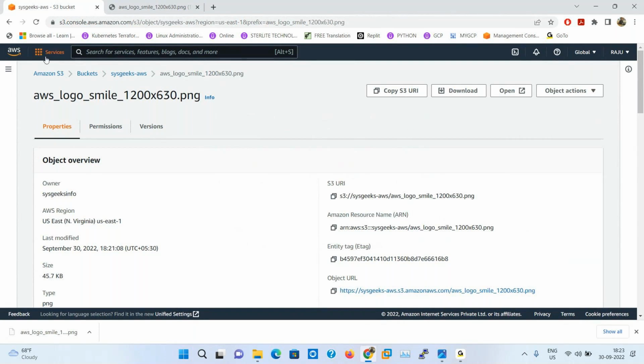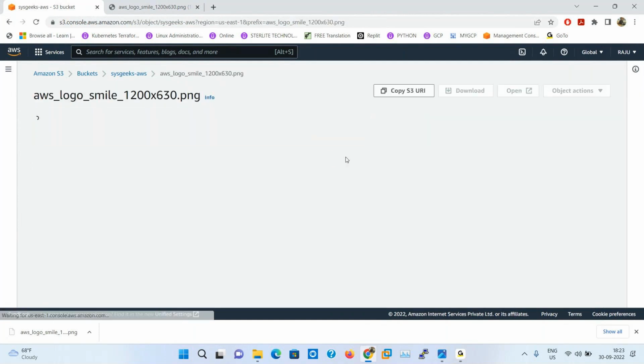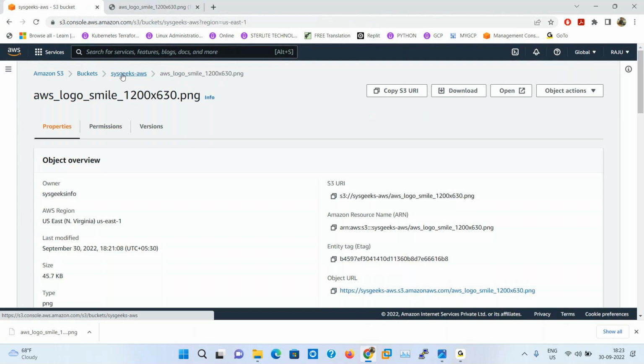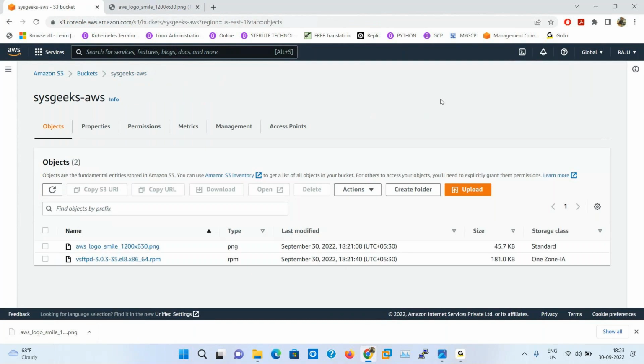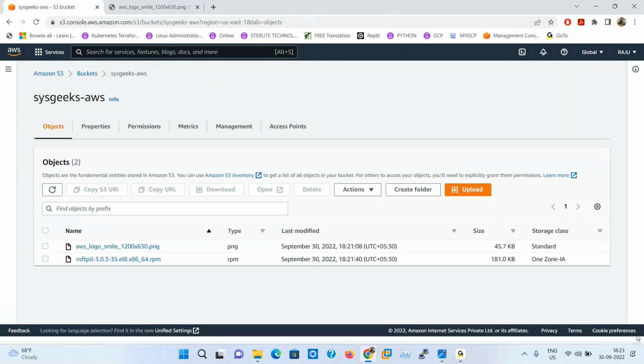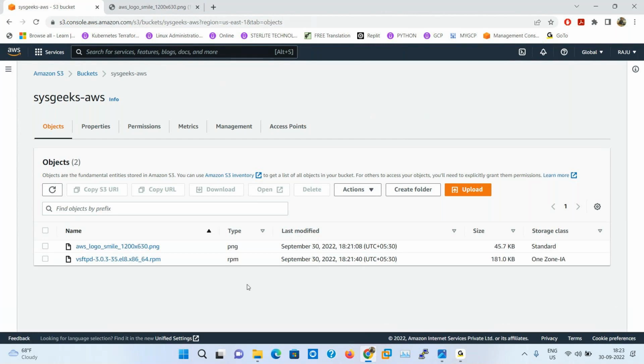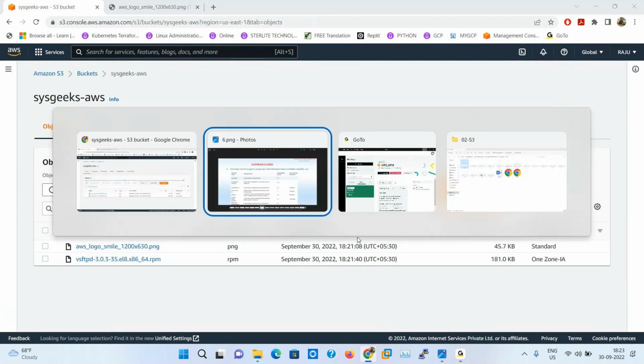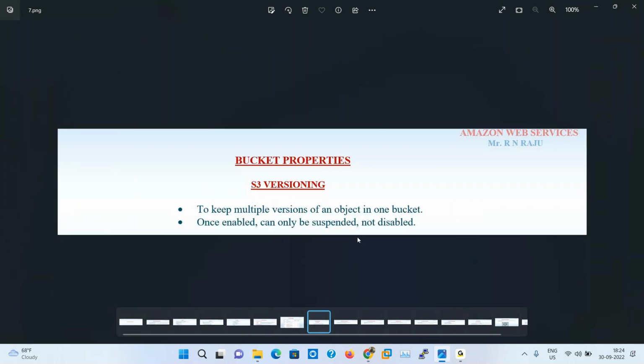Right. And now, the second important thing: buckets maintain some properties. So what are the properties? Here, the first property is S3 versioning, to keep multiple versions of an object in one bucket.